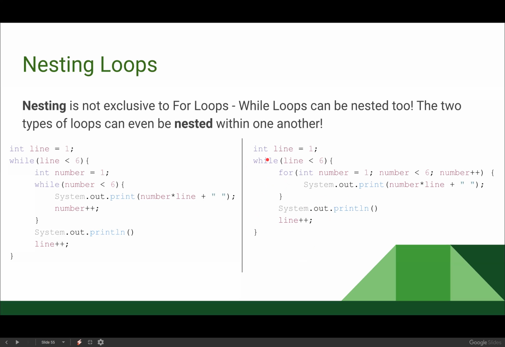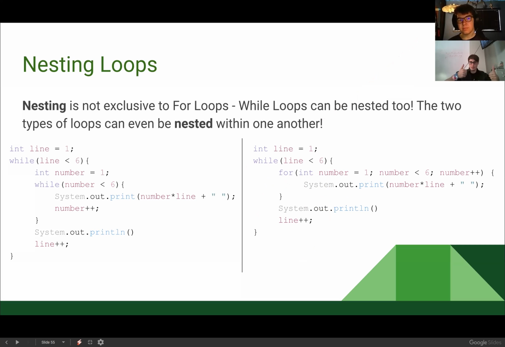All right, does that all make sense? Looping within loops? All right, folks,